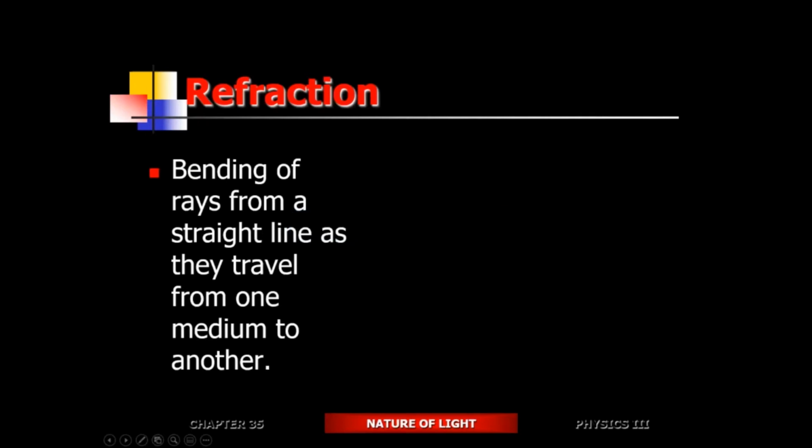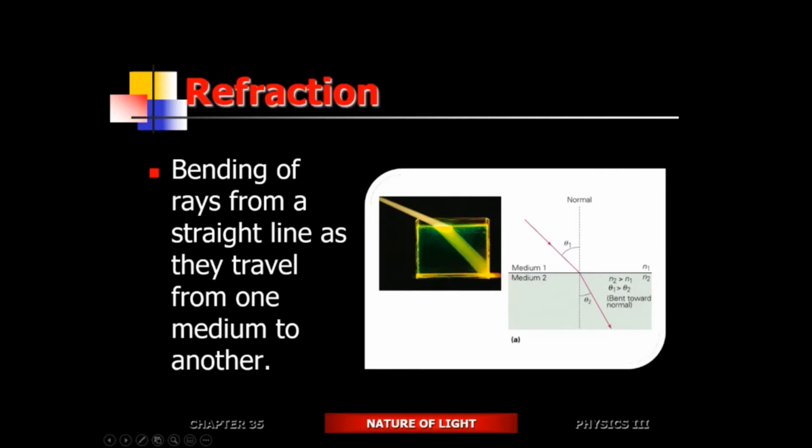Refraction. It's the bending of light rays from a straight line as they go from one medium to another, in essence. All right, so this could be glass, it could be water. This is air or vacuum. So what's happening is the light enters into a medium which is denser than the incoming medium, or denser than the medium that the light is leaving behind. Okay, so light is going to bend towards the normal when it enters a medium which is denser.